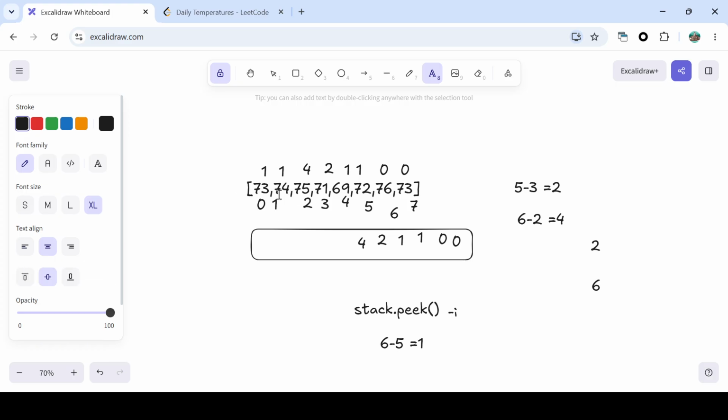And we'll check, is this current element less than, then yes, then we'll return 2 minus 1, 2 minus 1 equal to 1, and 1 will go here in our result array,